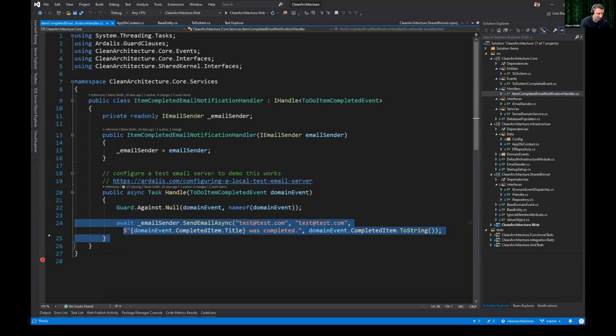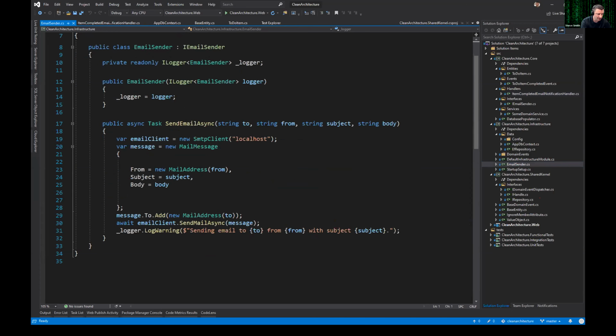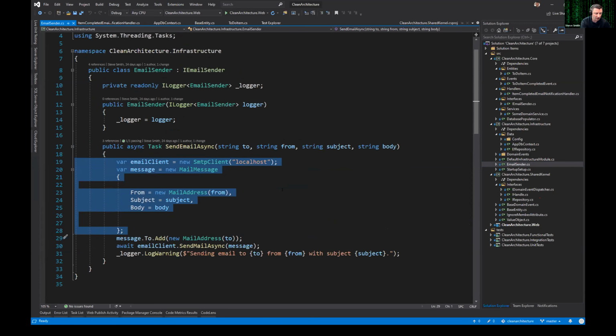And then in here, it's gonna send an email, not through a direct reference to System.Net.Smtp or whatever. It's using an interface for that. And the interface implementation is defined in, you guessed it, infrastructure. So there's an email sender here that actually talks to an SMTP client to send the email. All right. And so that's kind of how the architecture works at the infrastructure and core level. If we look at the web project,